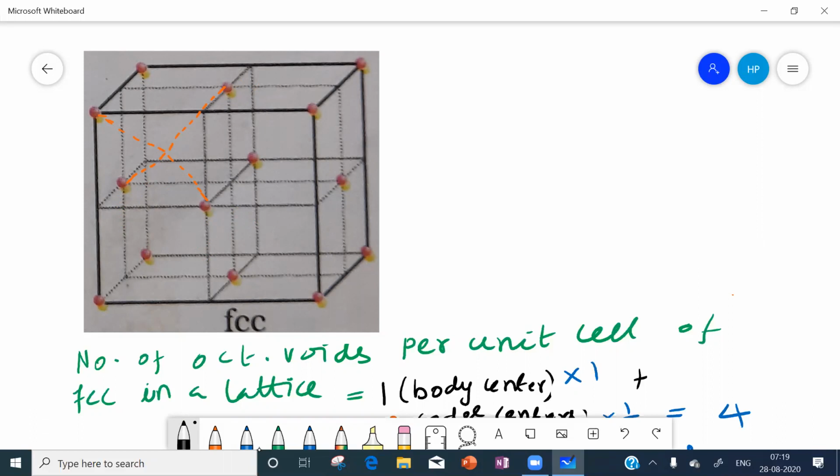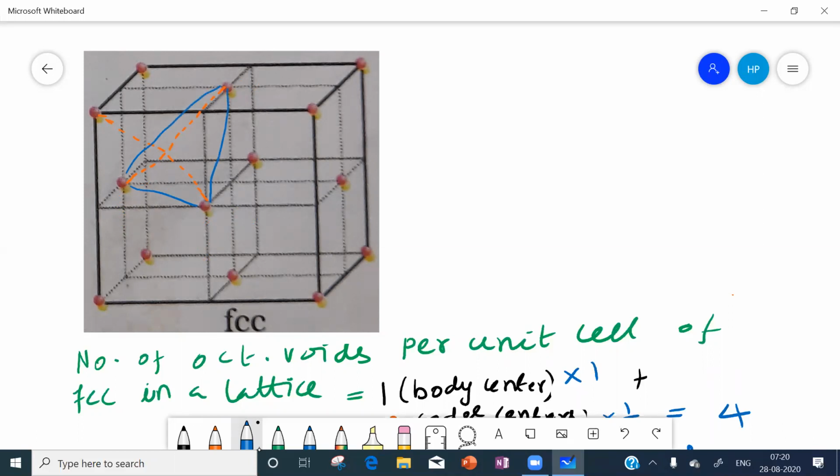Now what is this shape? What is the shape of this one? That we want to know, sir. For this we will draw a diagram. Now we will join this one and this one. Next we will join these two. Next we will join these two. Is it one triangle?